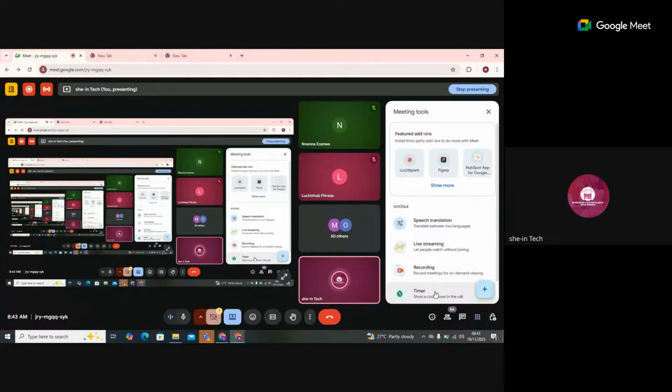And then we have a timer to show a countdown in a meeting. Maybe you want to schedule the meeting for 1 hour. You can create a timer so that at exactly 1 hour, you are aware, you're cautious, and you can summarize. Okay, so